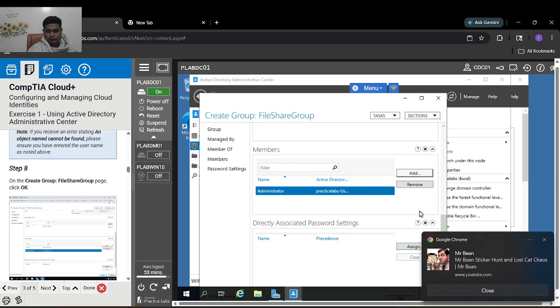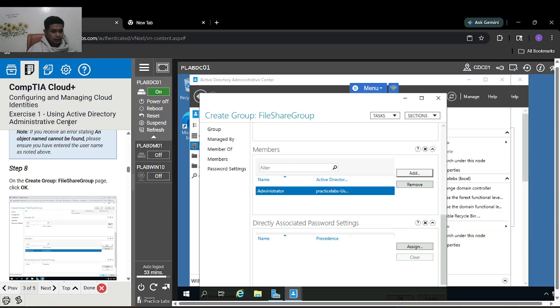So as you can see, on the Create Group, File Share Group page, click OK.